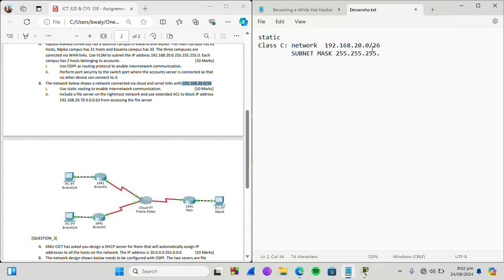So in this case, for us to identify these bits, we would say, so the first octet has how many ones? 8 ones. The second, 8 ones as well. The third,